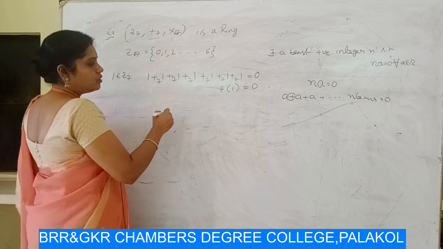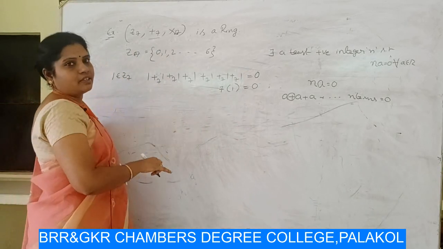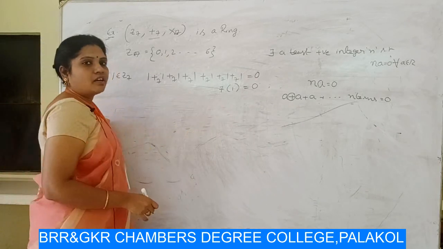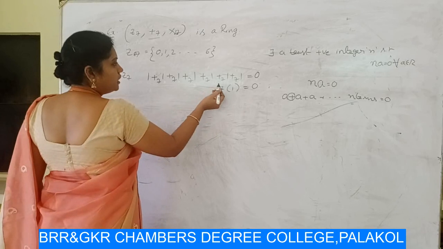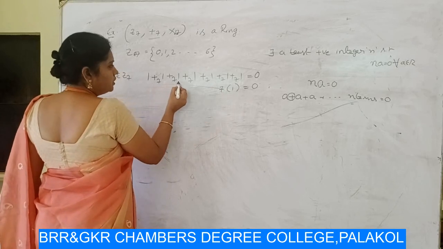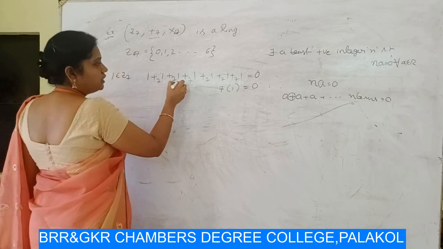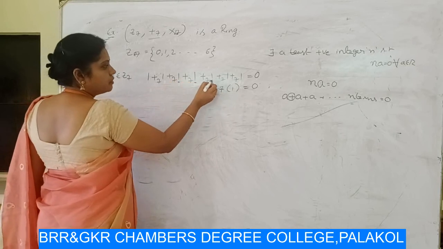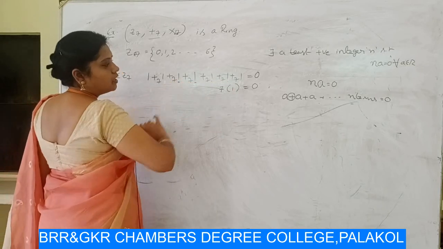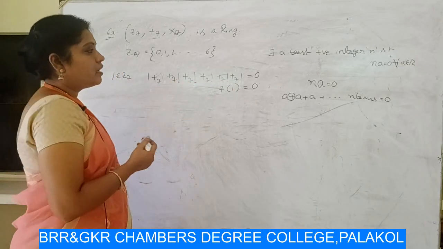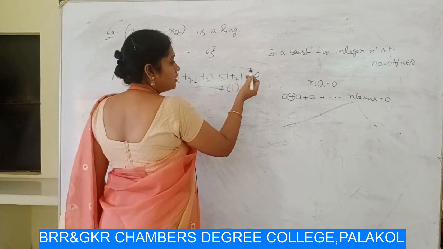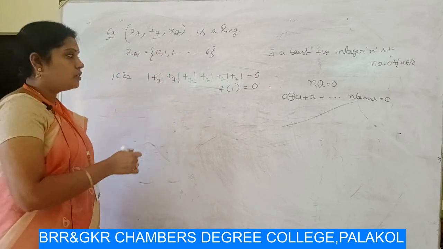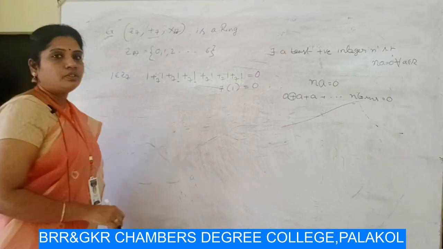Obviously there is no positive integer less than 7 satisfying the condition n times 1 equal to 0. Up to here 3 times, 4 times, 5 times, 6 times, we do not get remainder 0. When we add another one, we get remainder 0. So 7 into 1 is equal to 0.